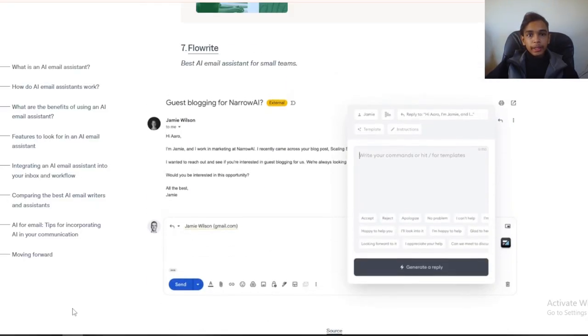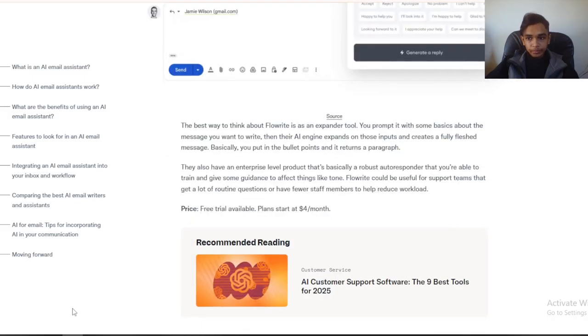Wordflow, best AI email assistant for small teams. The best way to think about Wordflow is as an expansion tool. You put in some basics about the message you want to write, then the AI expands those inputs and creates a fully fledged message. Basically, you put in the bullet points and it writes a paragraph.